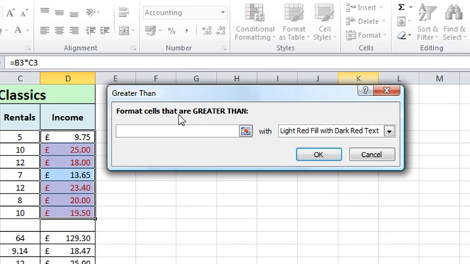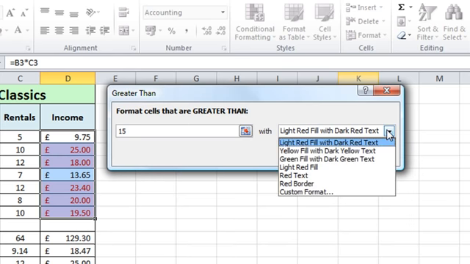And in fact what I'd like to do is have any value above £15 highlighted, so I simply type in the number 15 there, come across to my formatting, and what I want to have happen is have a light green fill colour with black text. Now there's nothing here, there's a green fill with dark green text, I don't want that, so none of those really fits what I want, so I'm going to go to custom format